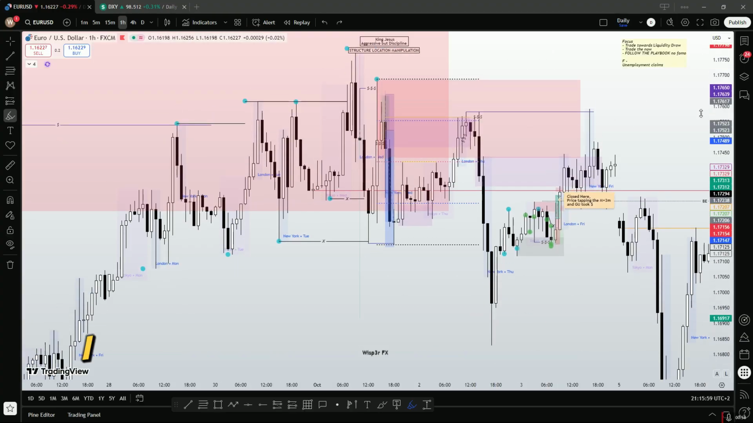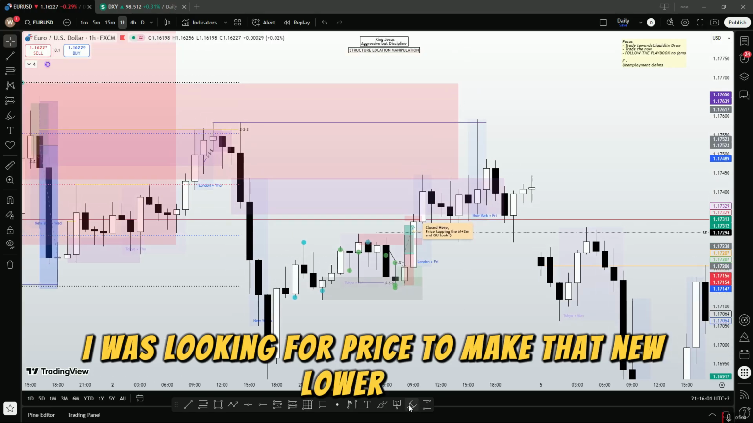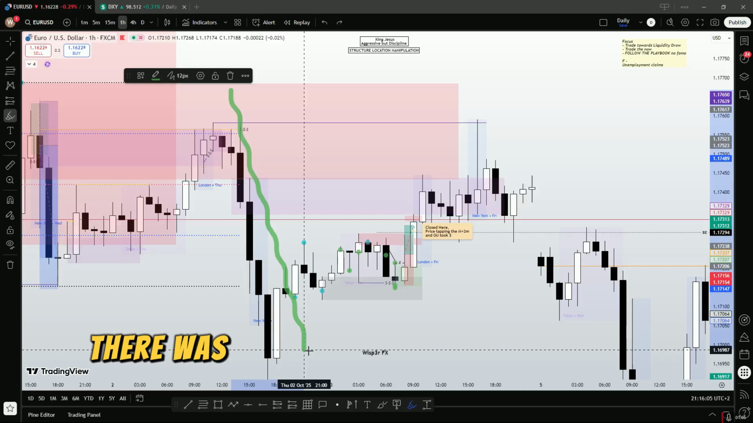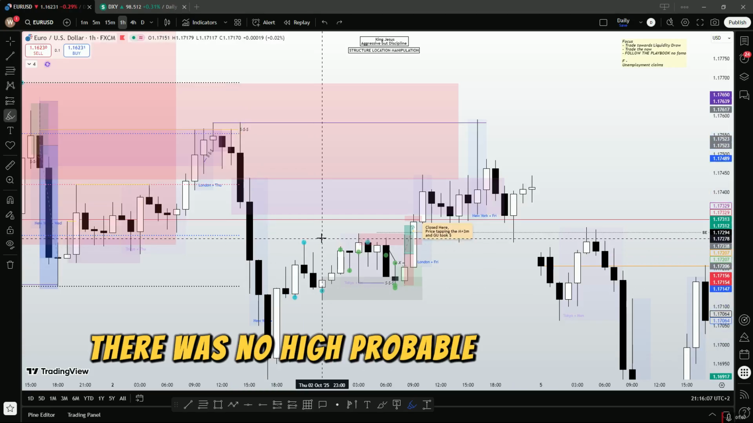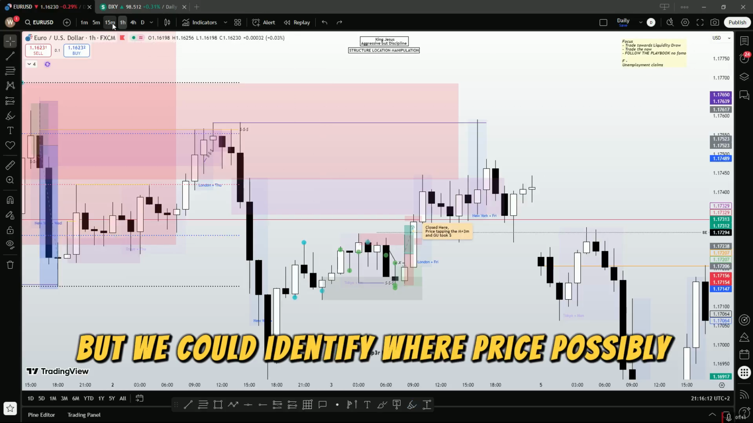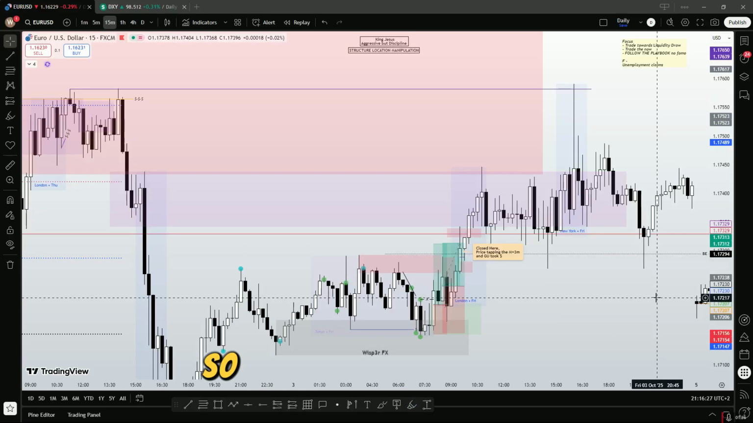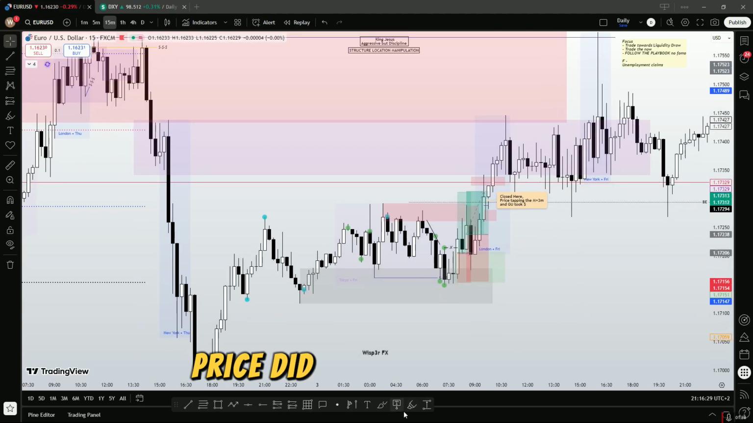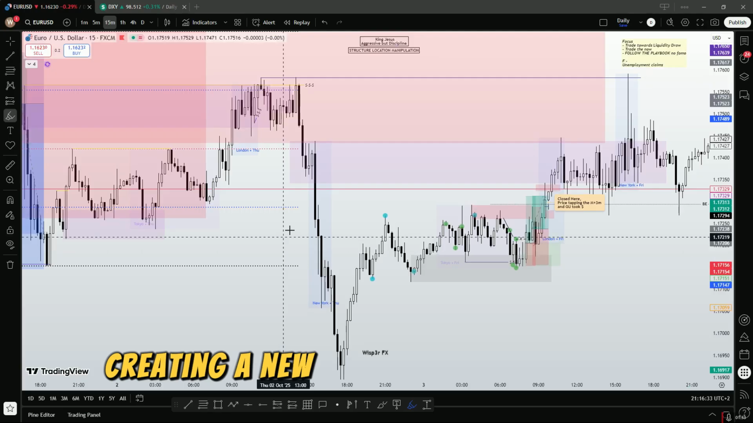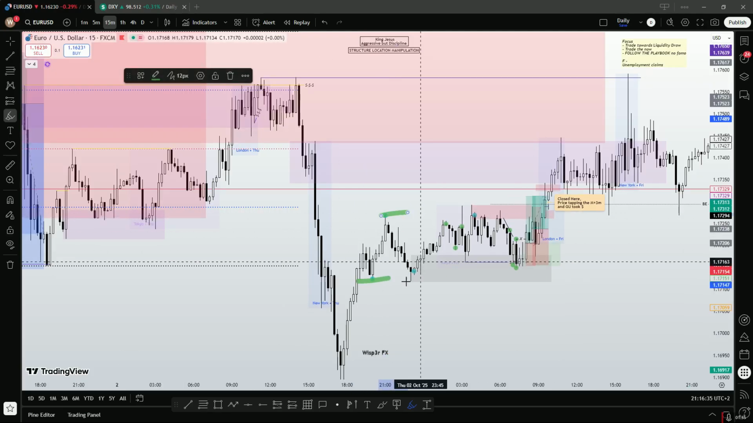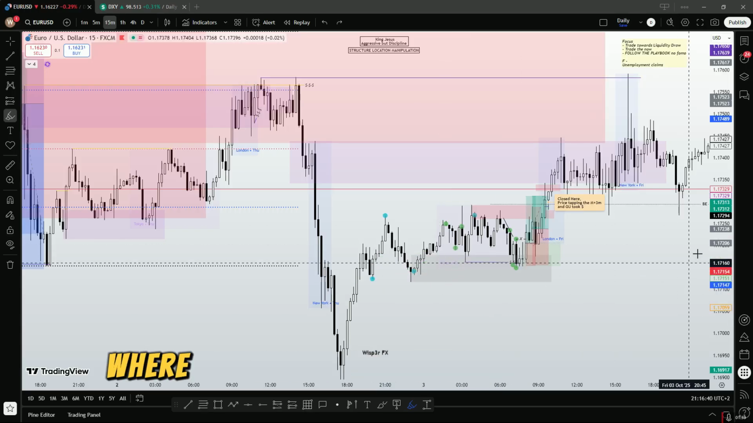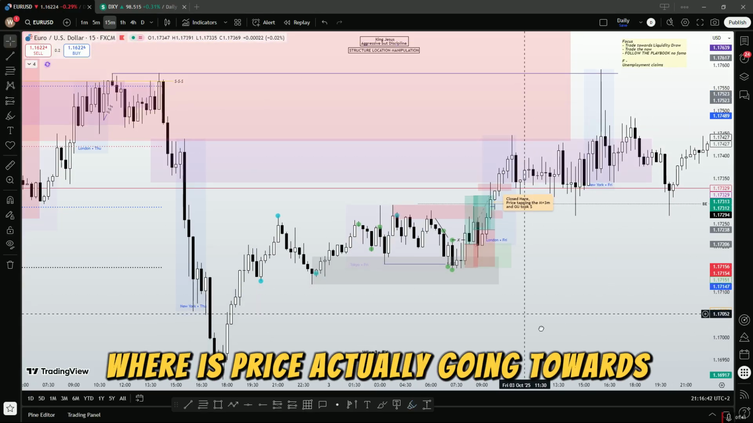Essentially for the session I was looking for price to make that new lower high, but identifying areas of liquidity, there was no high probability areas of liquidity, but we could identify where price would possibly want to go. So after identifying that price did liquidate the low and price saw a change of character, creating a new low, high and a new low, for that bullish pullback narrative, I want to identify where is price actually going towards